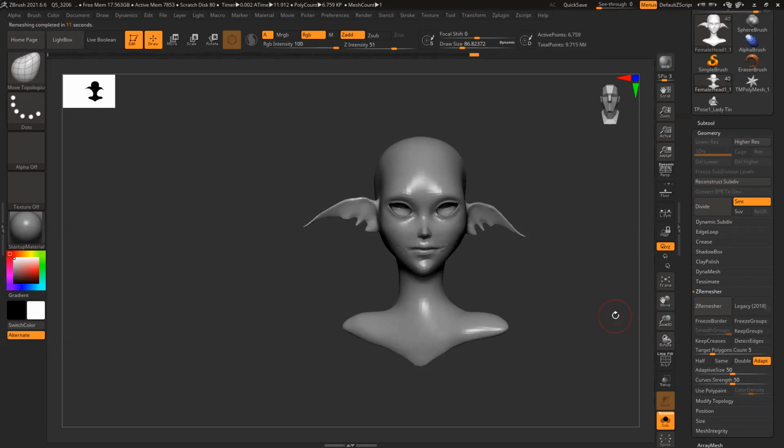After T-pose, symmetry won't work because you change the position, right? It's not at all symmetrical anymore. First you have to do ZRemesh, then T-pose. So I missed that step. So that's why I'm doing this.